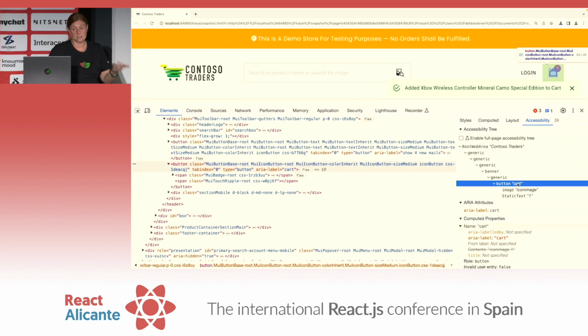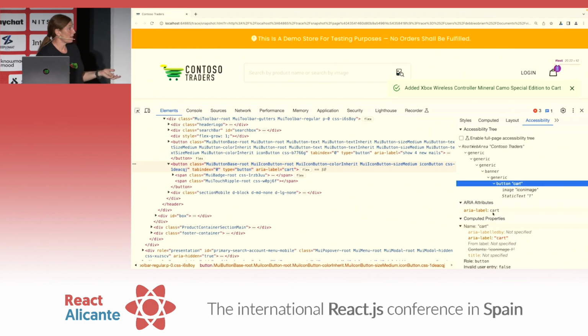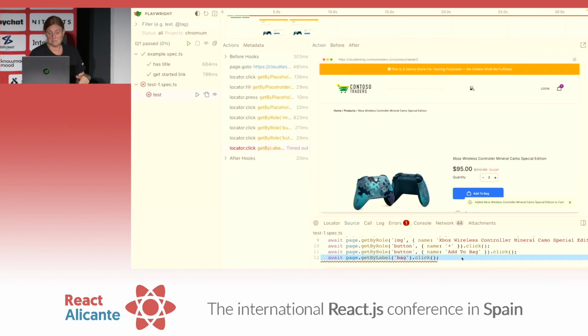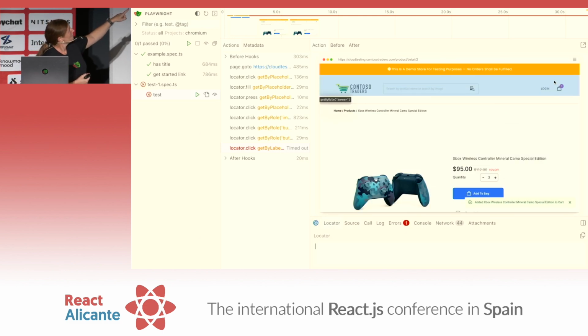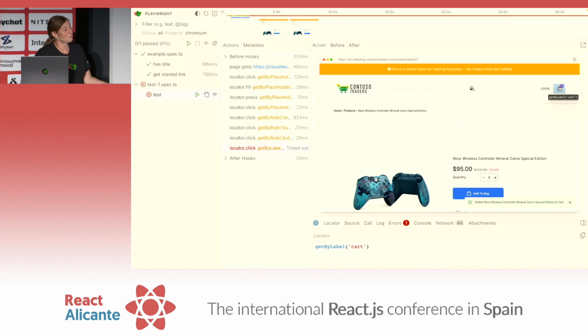So we know now how this error is happening. When you're writing your tests, you looked at that and said, oh, that's a label of a bag. So when you want to fix your tests, it's very, very simple. You can use the pick locator button, and you can just click on the bag. That would have been a quicker version than going and inspecting the DOM. And you can see here, I've got my get by label cart. So I didn't even have to inspect the DOM. I could, just to double check, but just using pick locator makes it a lot easier.